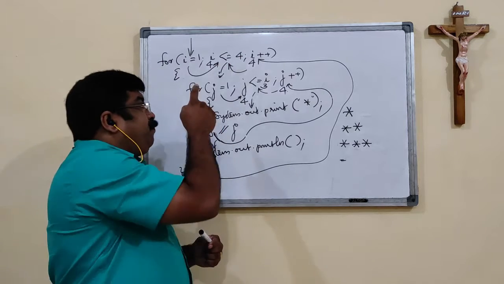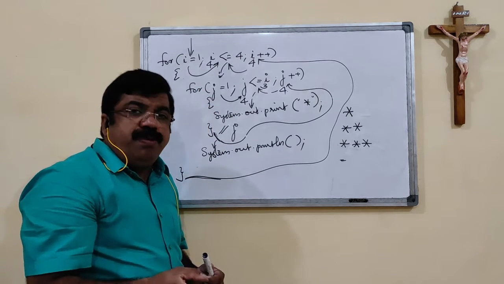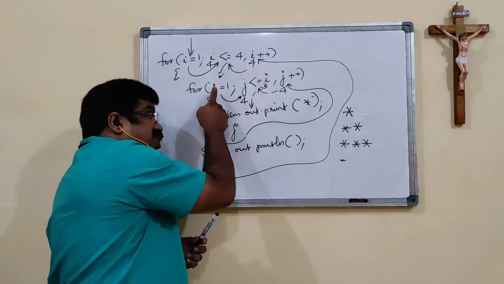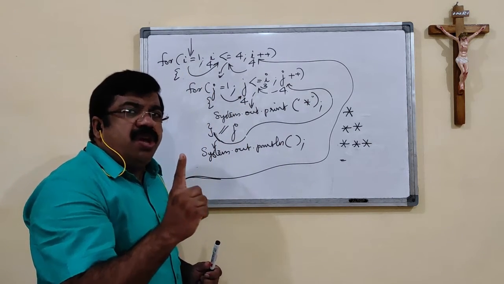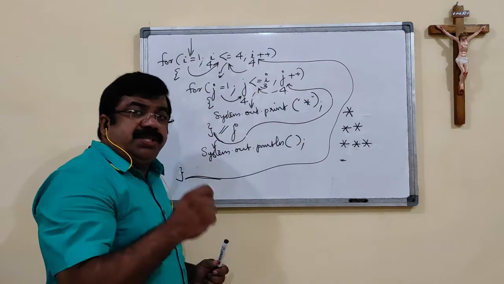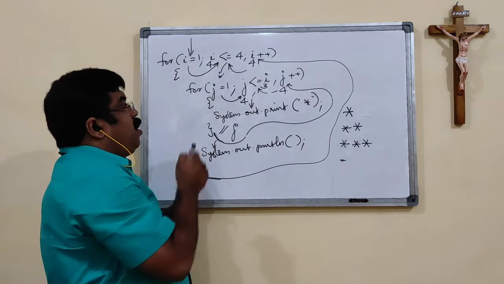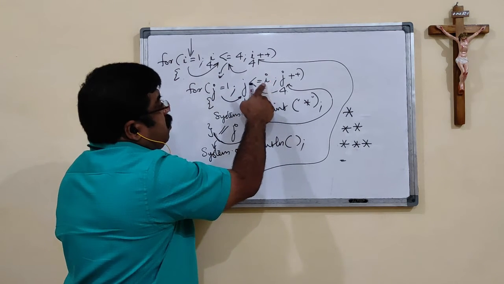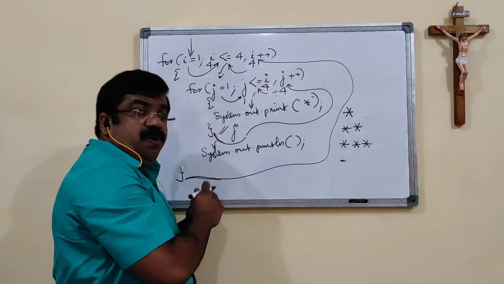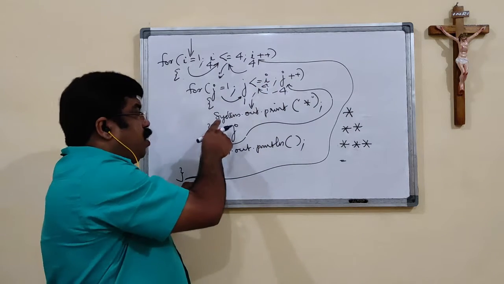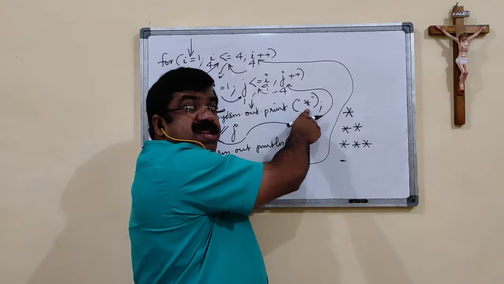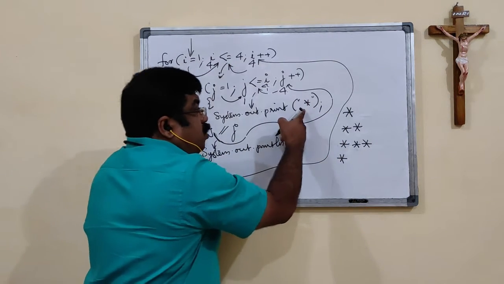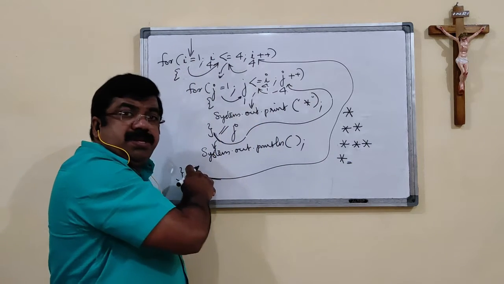As I said earlier, the body is another loop. J previously had the value 4, but since it is starting again as a fresh one, J will be made 1. 1 less than the value of I. What is the value of I? I is 4. 1 less than 4, condition true. System.out.print, printing the star at the current cursor position. The cursor will remain because of the print statement.